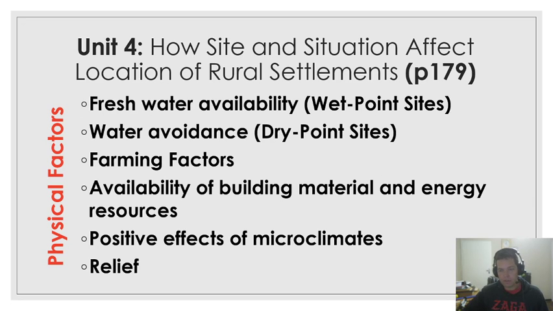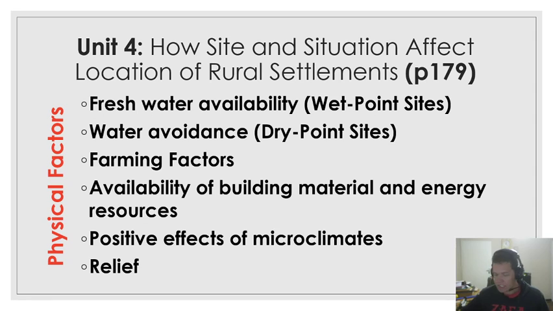Now, we're going to look quickly at the physical factors that affect why rural settlements are located where they are. People don't just live in random places without thinking about it. So the physical factors refer to things like the climate, the soil, the geology, the weather, and some of the things that people need to survive. And what I'm going to do is go through some Google Earth pictures of each of these just now. The first one is obviously people want to be located near to water for farming and drinking,